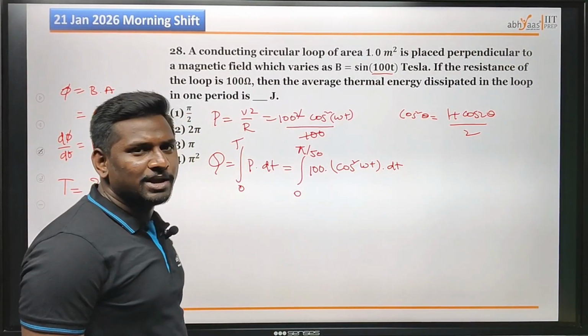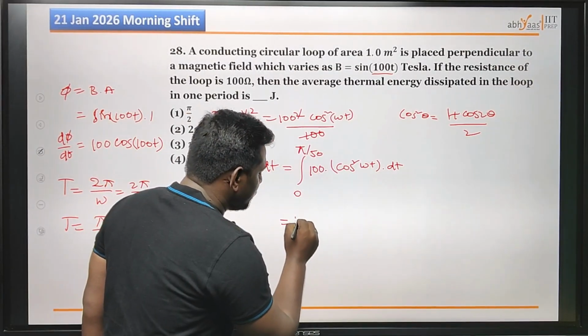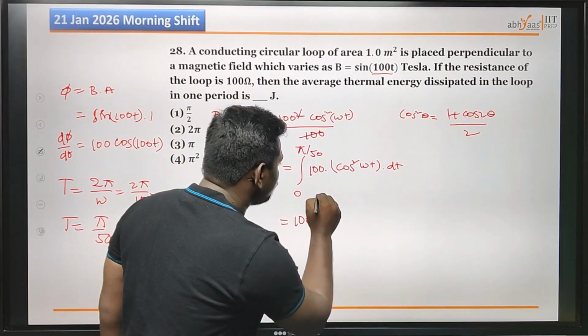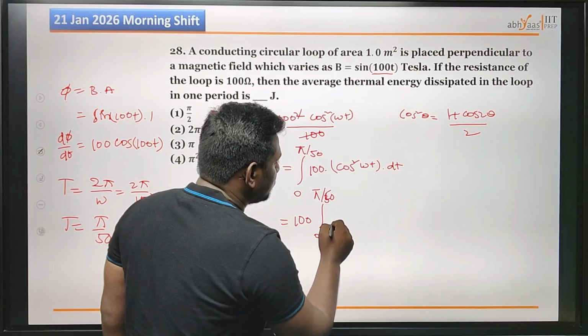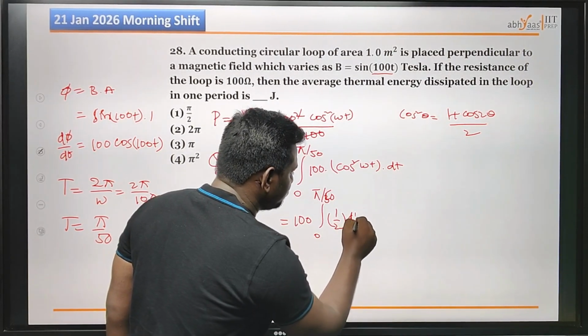This is the formula we are going to use here. So 100 I am taking outside. So integral 0 to pi by 50 is nothing but 1 by 2 dt